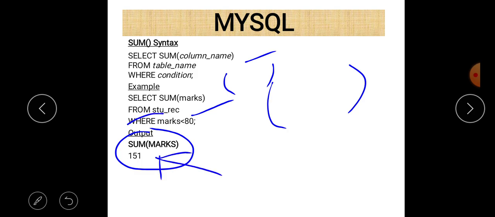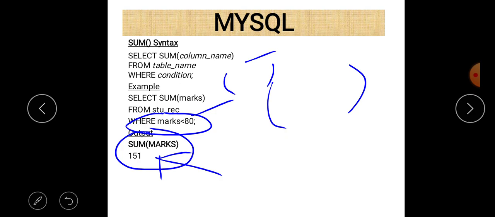So if there is a condition, you can write the condition with the where clause. If there is no condition, don't write the where clause. So the where clause is not compulsory to use with these functions. If there is a condition related to that function, you can write this condition with the where clause. Otherwise, just write the select keyword, after that the name of the function, and then from, and then the name of the table in which you want to perform the certain type of calculation.